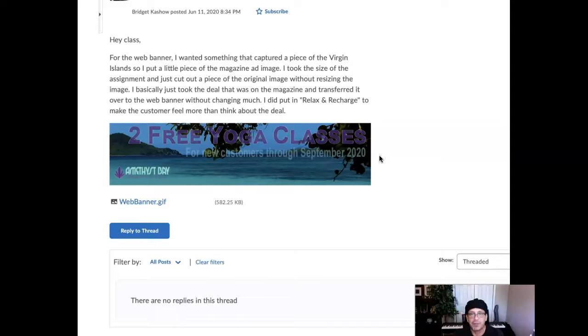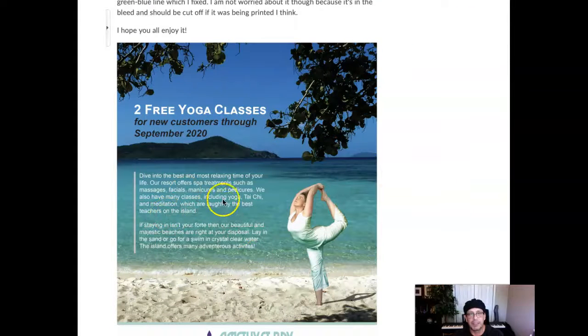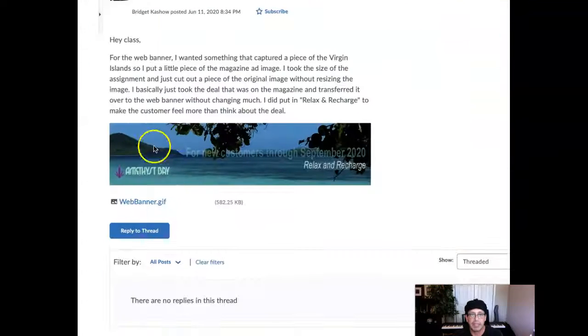My recommendation is this. Since we go to the magazine ad, I'm wondering if you can extract some sort of a headline and a subhead out of this text right here. So you could easily transpose the headline into dive into the best relaxing time of your life, or dive into the most relaxing time of your life as a headline, okay?